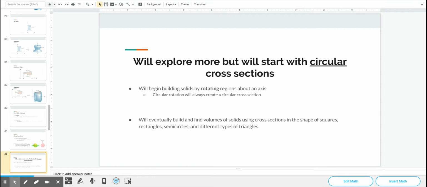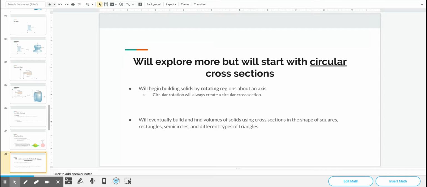So we are going to explore more cross sections. So things like squares and rectangles, semicircles, triangles, things of that sort. But we're going to begin actually in an easier spot, which is circular cross sections. Because again, what we're going to be doing is taking regions,